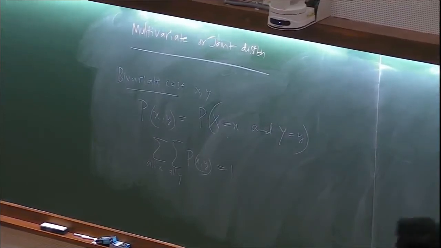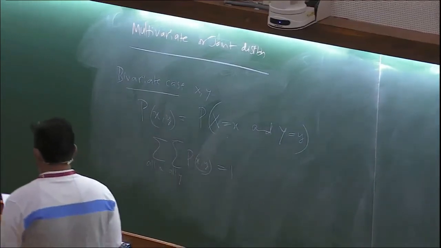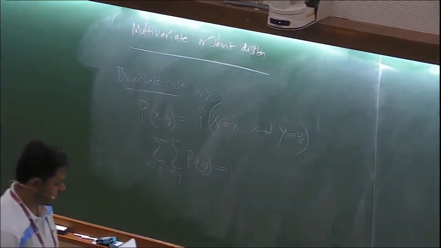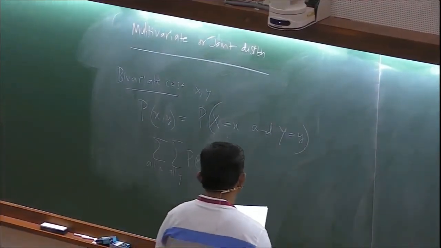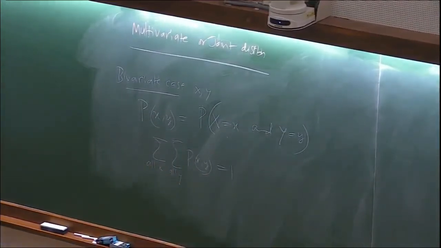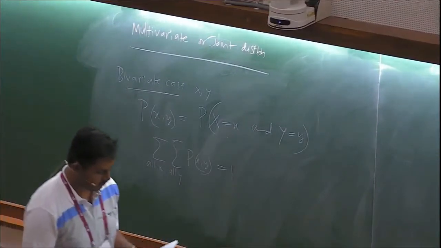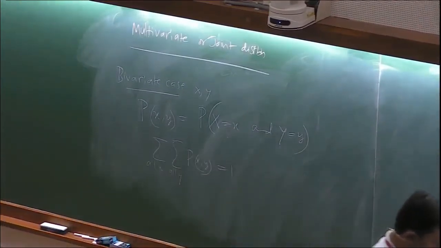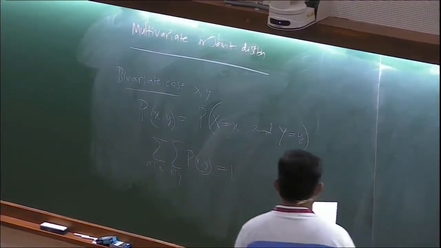So from this joint probability distribution, you can compute what is called the univariate distribution or the marginal distribution. This is an important thing. This is essentially what Amitabh Joshi was talking about. You look at the probability distribution of a particular trait, but you don't worry about the distributions of other traits. You just average over all possible values for the other traits, and you just look at the marginal distribution for a particular trait.